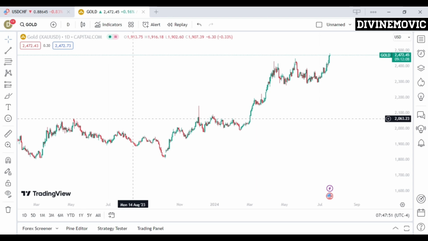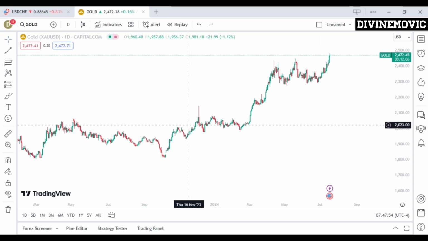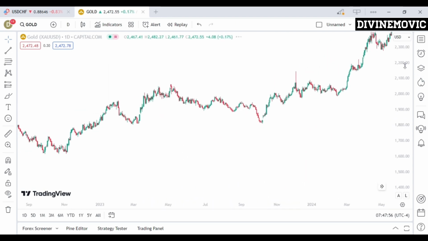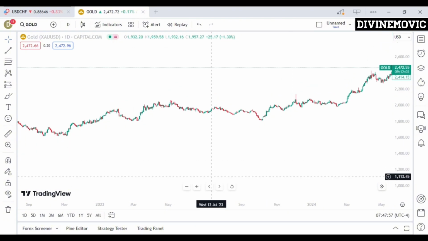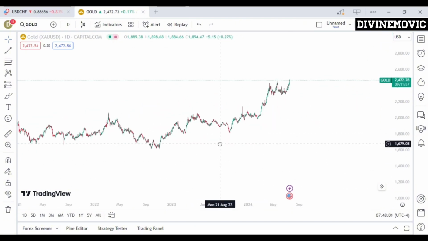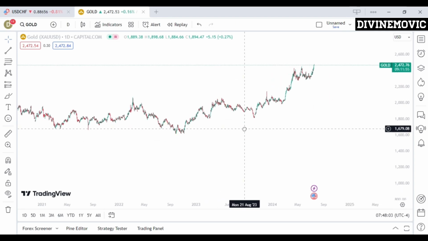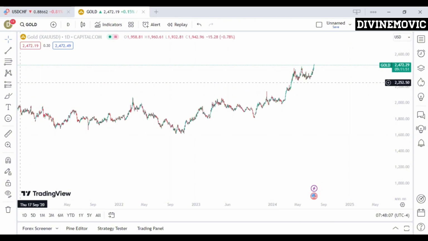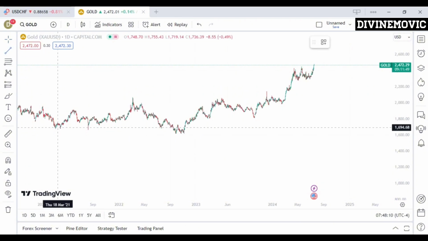We want to simply use our trend line to understand how price is moving, by identifying support and resistance levels. Now if you look at gold here, you will see that gold looks like it's going to the upside. But what is the trend saying? How is the trend moving? We want to always use the trend to understand how price is moving and make decisions in the market. Now if I draw my trend line, I can see that this point here,